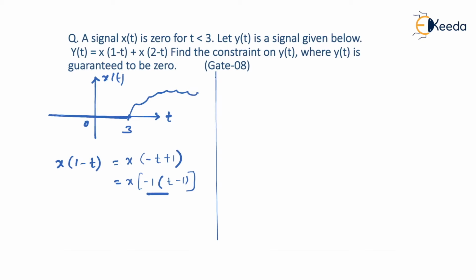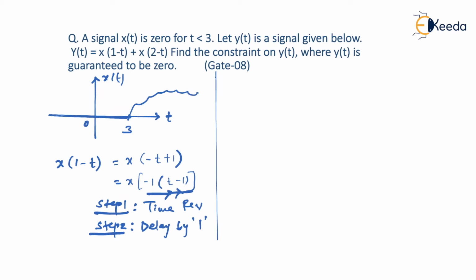So we follow this approach, right? That is left to right approach. In first case, what I get as -1 as scaling factor. You know that when it is so, that is -1 is a scaling factor, what do you do? You do time reversal property. You apply time reversal property. Therefore, your step number 1, you apply time reversal property. And in step 2, what you will do? In step 2, you're going to delay by 1, because when you're going from left to right, what you come across is -1. So our plan is to delay by 1. Is that right? So let us apply this.